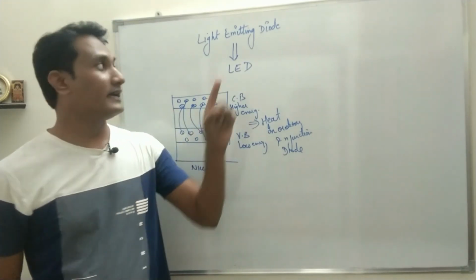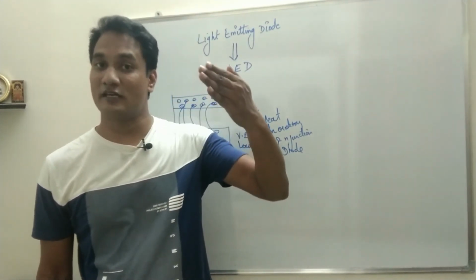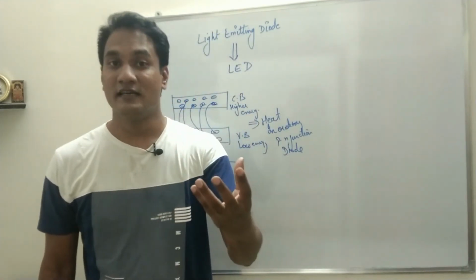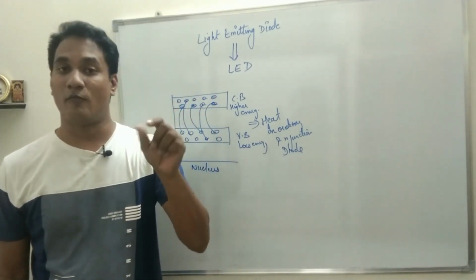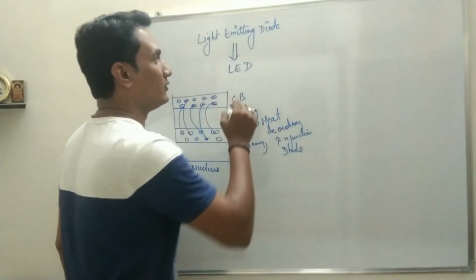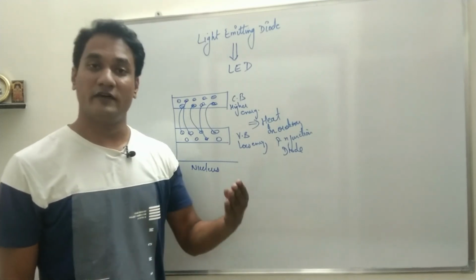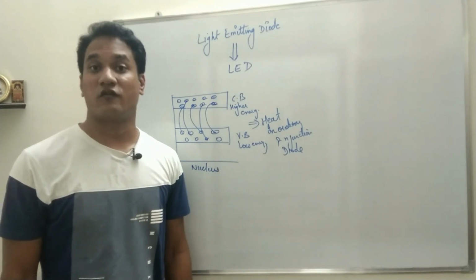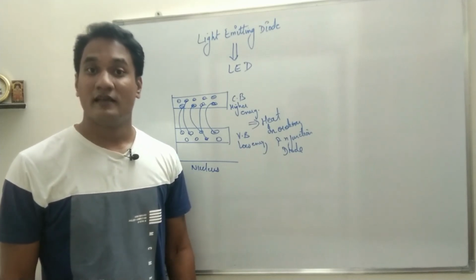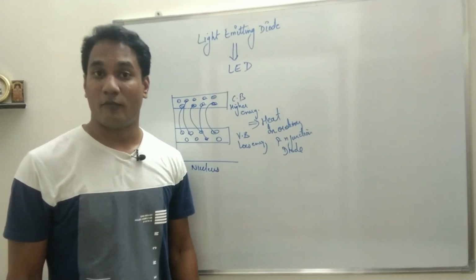The same phenomenon is used in the light emitting diode to release light. When the electrons, in the forward bias condition, move from the conduction band to the valence band and release energy, the energy is released in the form of radiation, that means light. That type of diode is called a light emitting diode. So the phenomenon remains the same: when the light emitting diode is forward biased, current will flow through the diode, and electrons will jump from the conduction band to the valence band, losing energy in the form of radiation.